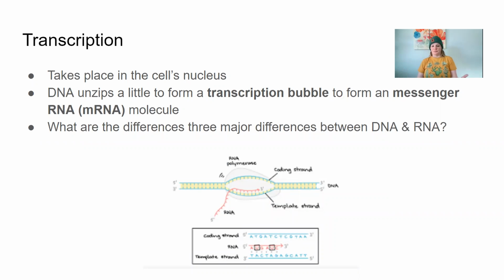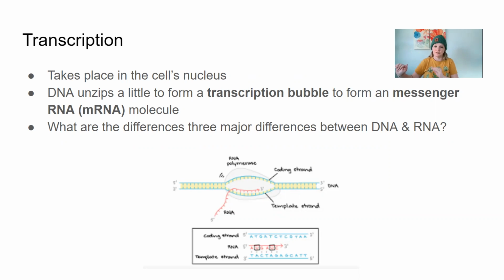So what is transcription? Well, first of all, it takes place in the cell's nucleus. So we're copying the valuable DNA into a cheaper version that can get messed up, and that's fine, we don't care. So what happens is the DNA will kind of unzip, unwind that double helix a little bit. The base pairs will separate into this little thing that we call the transcription bubble, which is the cutest scientific term ever. And in that transcription bubble, there's a polymerase that is able to create an mRNA molecule,